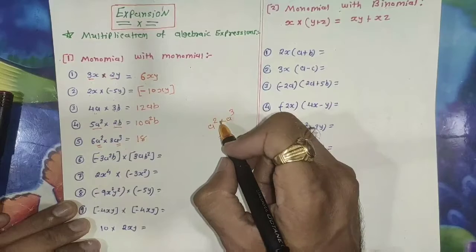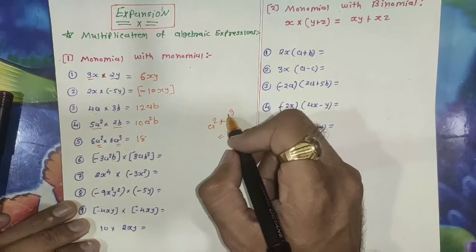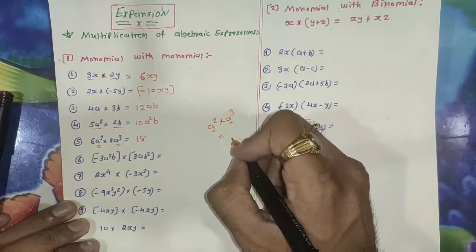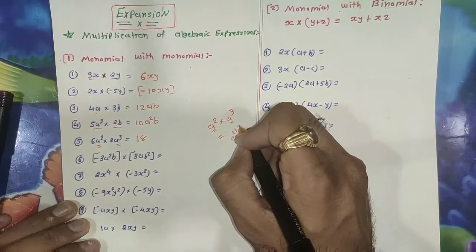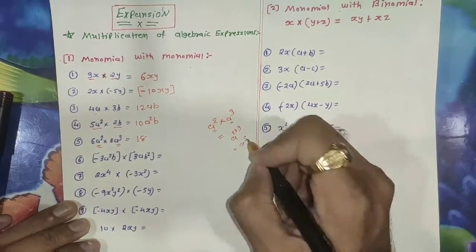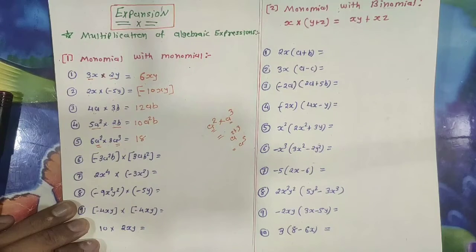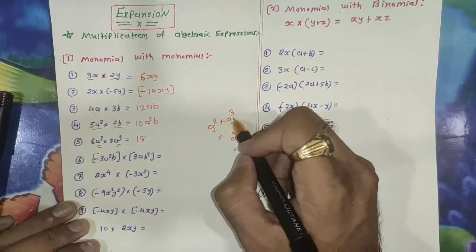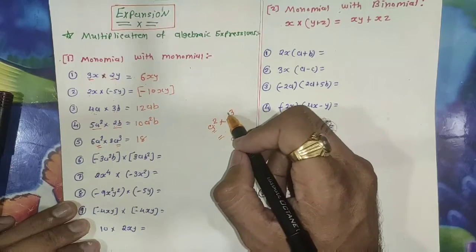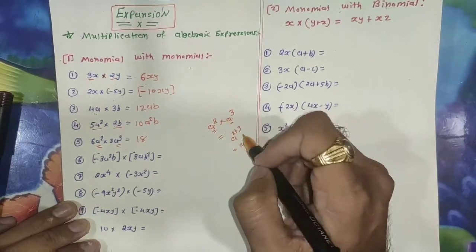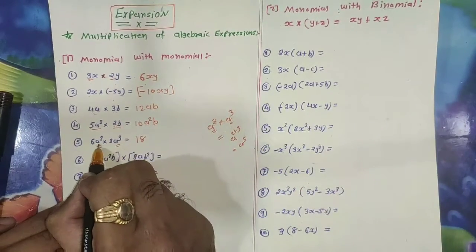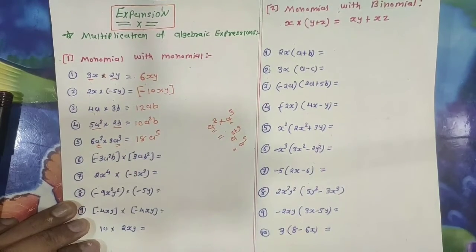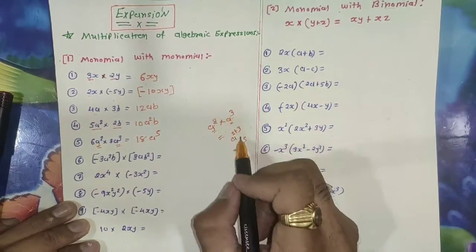So here you can see that these are two powers, two exponents we can say, whose bases are equal. So we have to perform the addition of their powers. So it's a raised to 2 plus 3, that is a raised to 5, that you have discussed in our 7th standard. If two powers are in multiplication and their bases are equal, we can perform the addition of their exponents. So a square into a cube is nothing but a raised to 5. Clear students? Base equal, so we have to perform addition of their exponents.